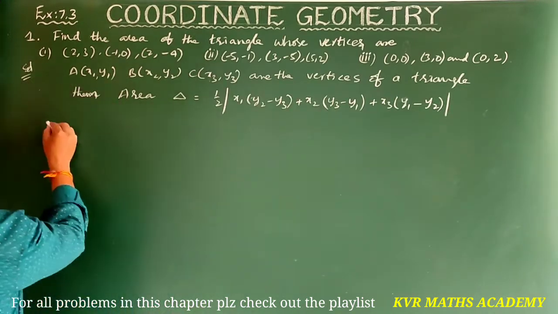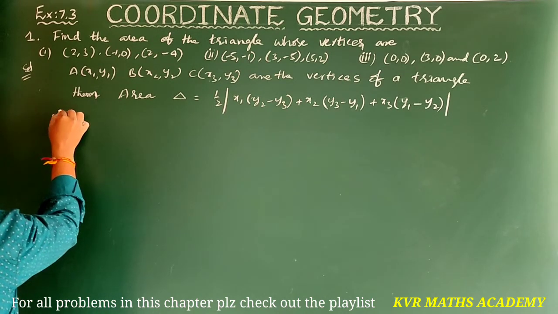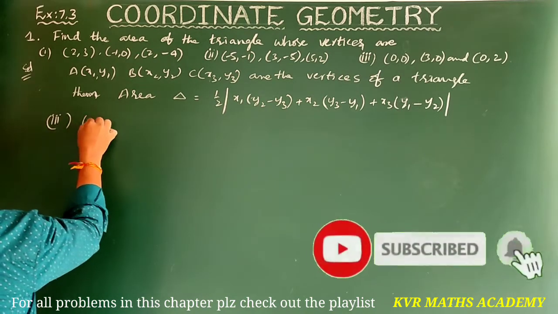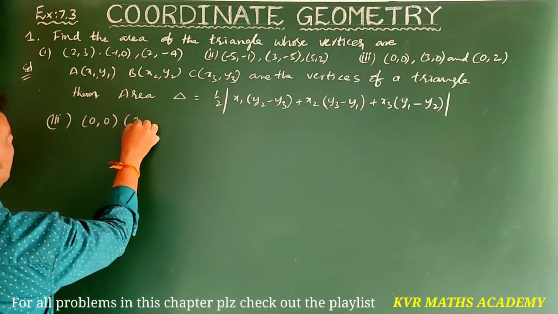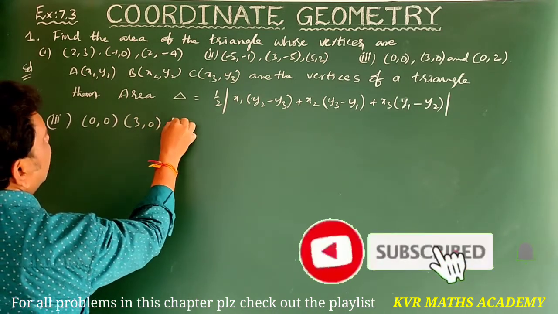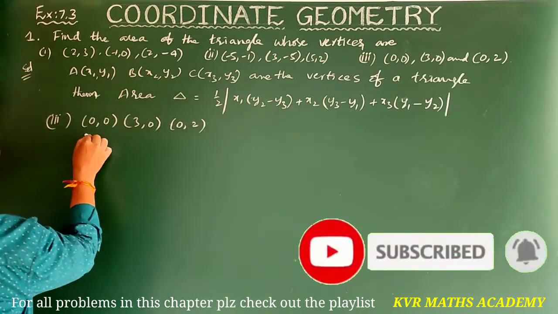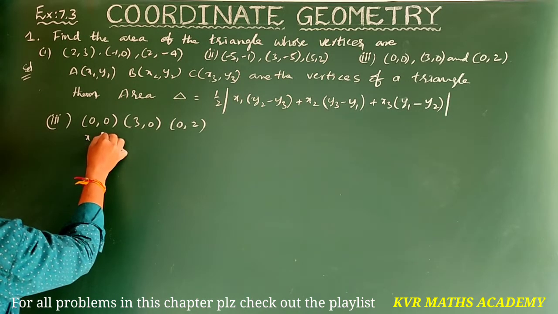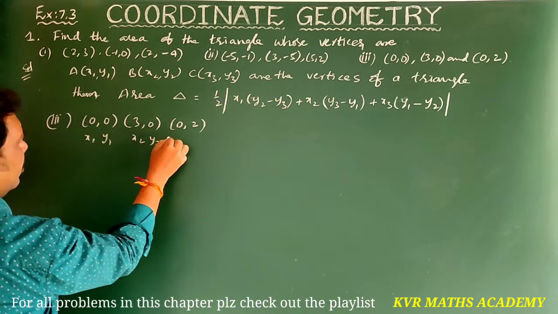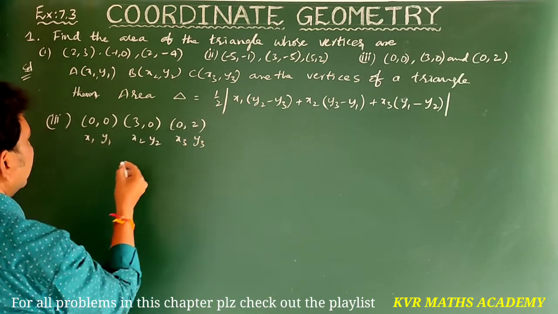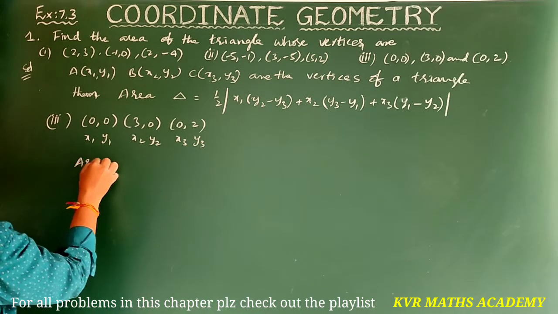Next, third one. As given, the points are (0, 0), (3, 0) and (0, 2). So these are the points. Let us take them as (x1, y1), (x2, y2), (x3, y3), right? So the area of the